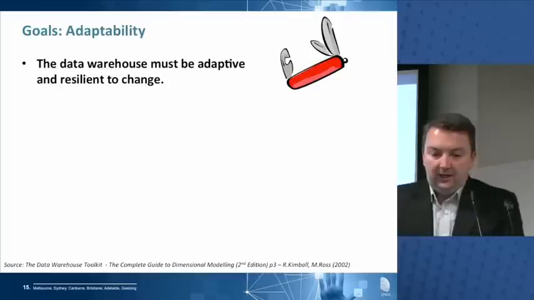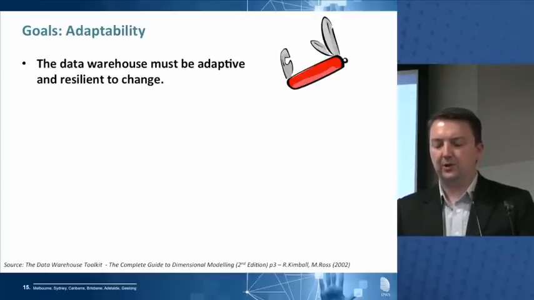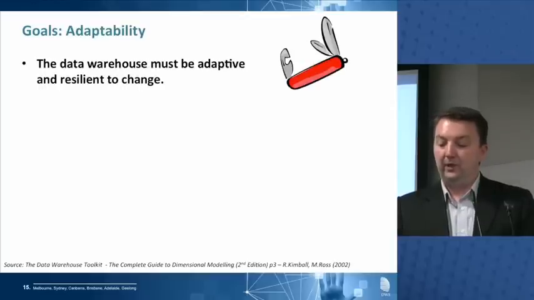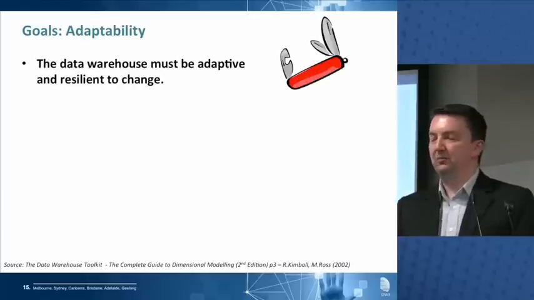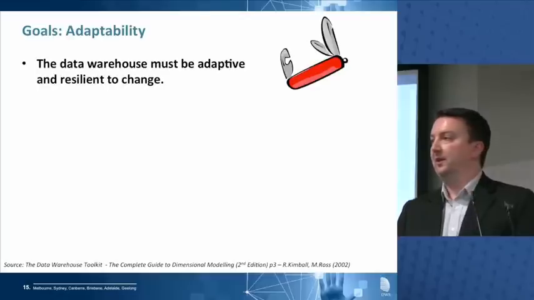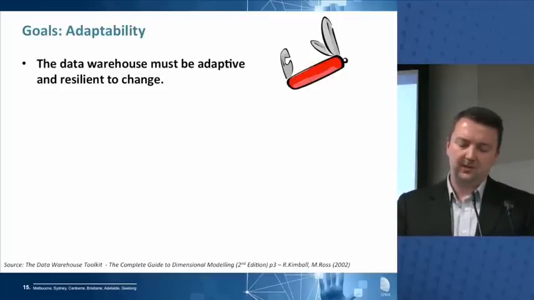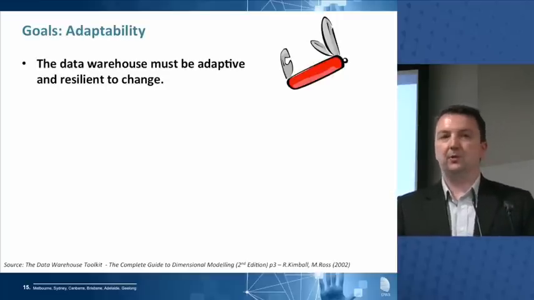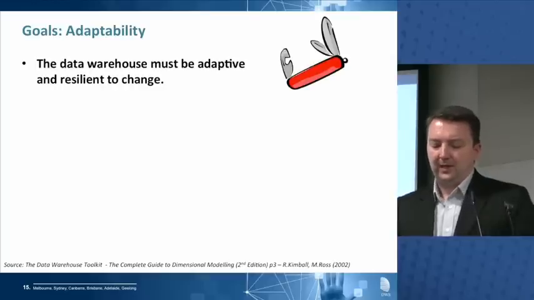Right, adaptability. Now, with an operational source system, we build operational source systems, and then we tend to just leave them there. Nothing much changes. We take orders today in much the same way that we did a year ago or 2 years ago. The systems don't change that much. Yeah, sure. Sometimes there's enhancements or regulatory requirements that we have to meet, but things aren't changing that much. With data warehouses, it's very different.